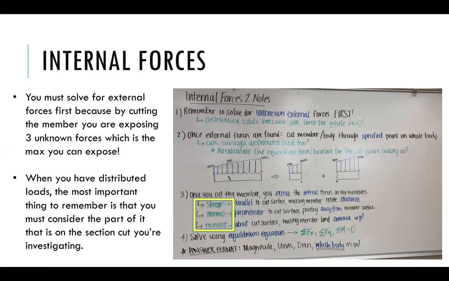You're going to need to consolidate it one time before you cut to solve for the external reaction forces, because you need this to be one force to solve for any reaction forces at the two ends. But then when you get those and you're going to cut it, you have to reconsider it as a distributed load, so that when you cut it, you still have these two chunks with distributed loads on them. So then if, say, you're looking at the left side, you can consolidate this to be one arrow somewhere around here. Or if you're looking at the right side, you can consolidate it to one arrow about here. And that being said, since this is a rectangle with a triangle on top of it,